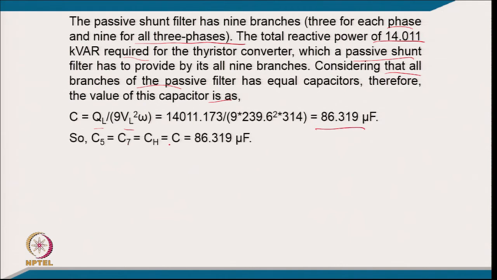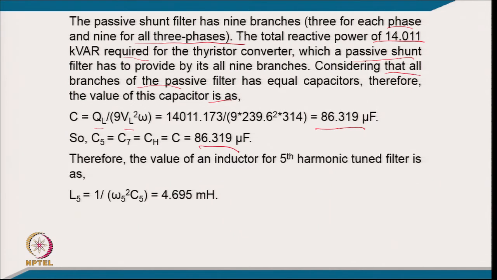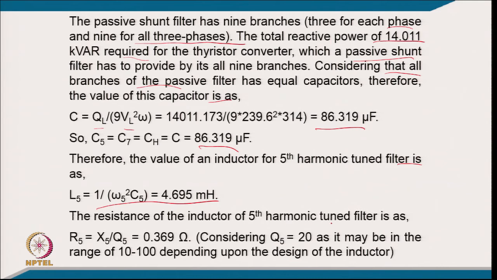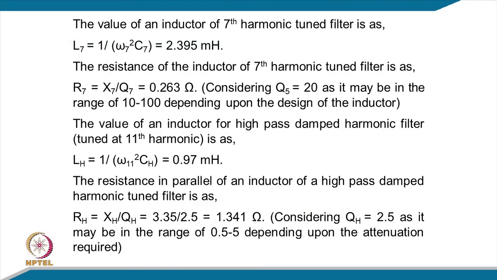So, C5 and C7 equal CH, which comes to 86.31 microfarad. Therefore, the value of the inductor for the 5th harmonic tune, from the tuning relation using C5 and omega 5, is 4.695 millihenry, and the resistance of the inductor for the 5th harmonic tune is calculated from X5 by Q5, taking Q of 20. So, it comes to 0.369 ohm. The value of the inductor for the 7th harmonic, L7, from the tuning relation comes to 2.395 millihenry, and the resistance of the 7th harmonic tuned filter is X7 by Q7, putting Q of 20, which comes to 0.263 ohm. And the value of the inductor for the high pass filter for 11th harmonic tune